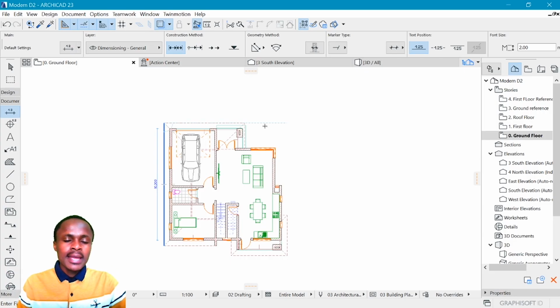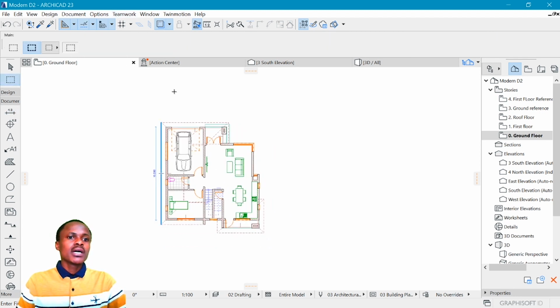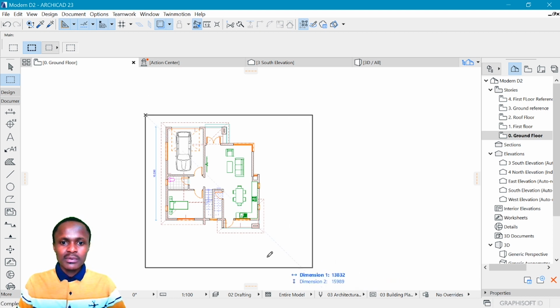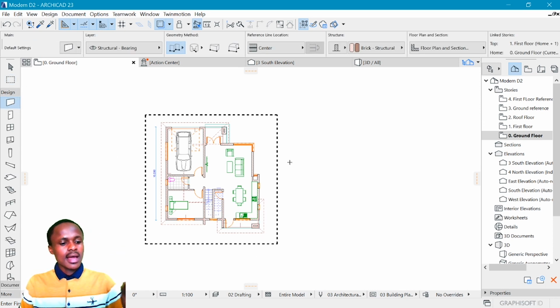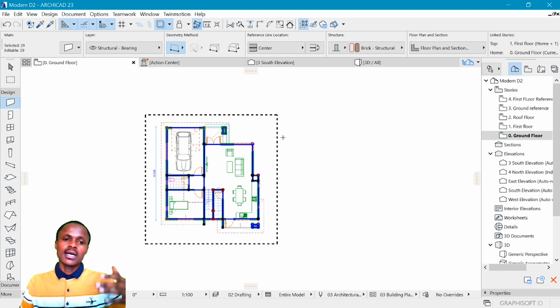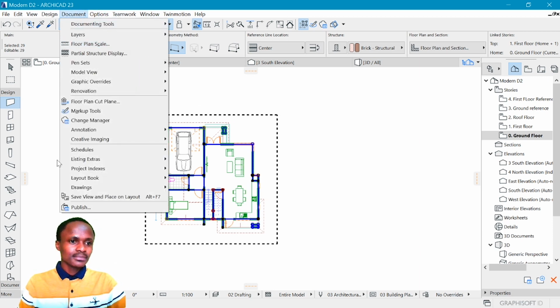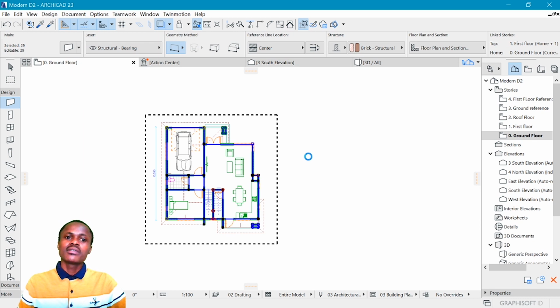How to auto dimension. So all you want to do is click on the mark U sign, click on the first point, or hover over the drawing and click on the next point. So you have that highlighted, and then just click wall tool and select all walls, because we definitely want the walls to be selected. If you had columns in your design, you would select those such that they can be dimensioned. So all you want to do is go to document,